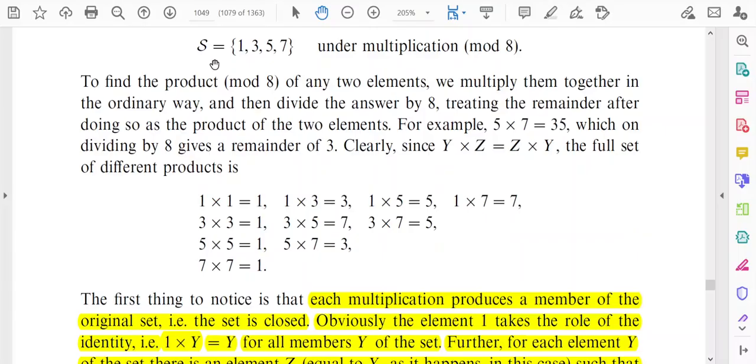for different elements can be carried out in this way. Here the multiplication between different elements is given. For example, you start from 1 and multiply 1 with other elements, then you will have these results. Now you start from 3 and multiply 3 with other elements, then you will have these results. And here you have to keep in mind that 1 into 3 is equal to 3 into 1. Similarly, 1 into 5 is equal to 5 into 1 and so on. So these are the results of the multiplication between different elements for the group S.